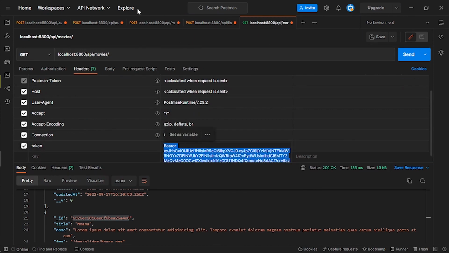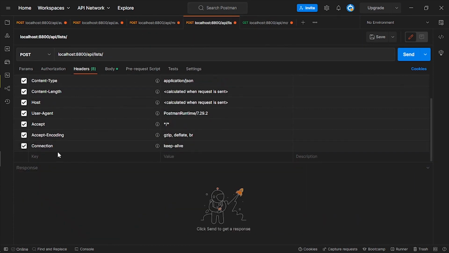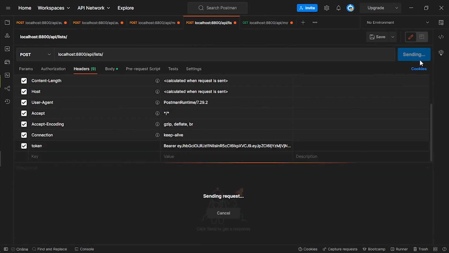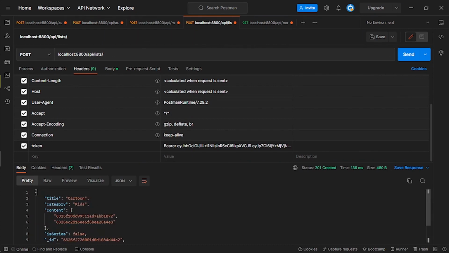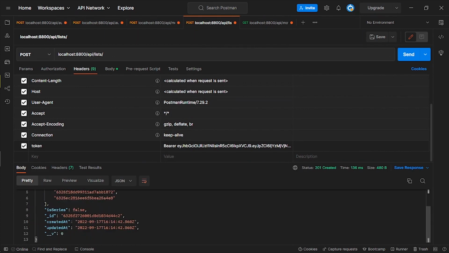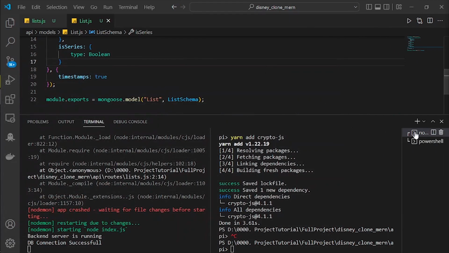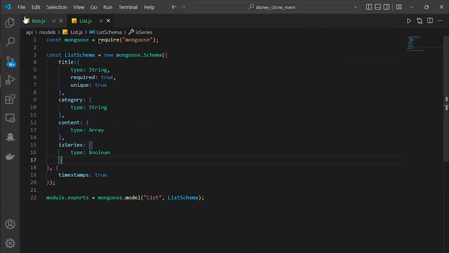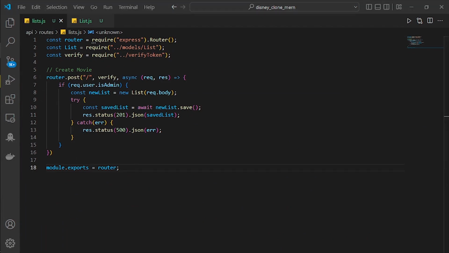Let's copy the token and try to send it to the database. We will have token is equal to the token, send, and we got our title, category, content, series, and so on. After the creating list is done, now we are going to make the get all. We are going to make the get function of it. So for the list, the other one is going to be get